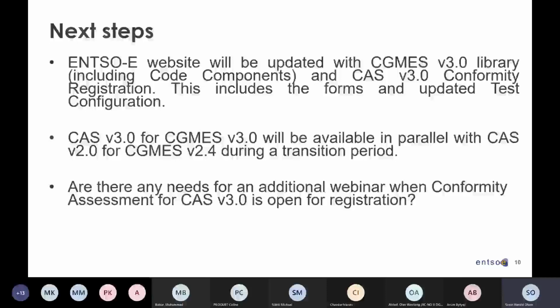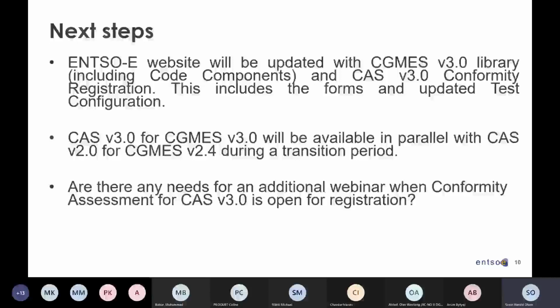We need to see how long this duration will be, but of course we encourage people to go over to 3.0. But there's nothing saying that if you have a new version, you will make the conformity assessment with both standards. We are a little bit unsure if there is any need for an additional webinar when the conformity assessment for 3.0 is open for registration.